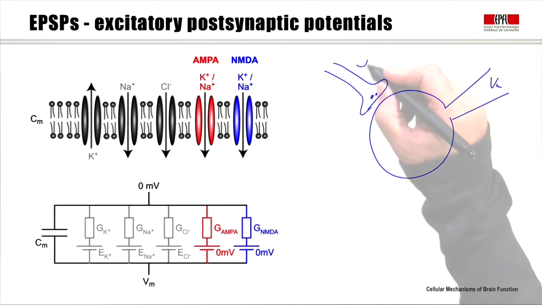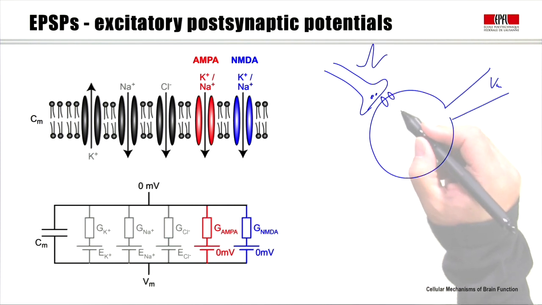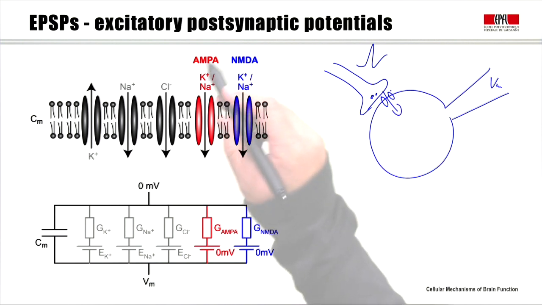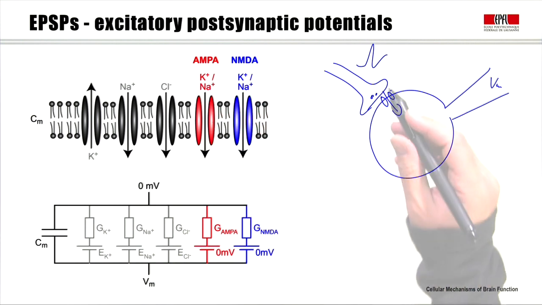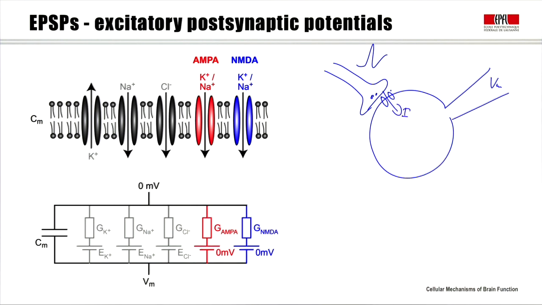The action potential comes down, the axon releases glutamate, and of course it activates the ion channels sitting here, the glutamate receptors, the AMPA and the NMDA receptors, and that of course causes current flow through the AMPA and NMDA receptors. And we've already considered the relationship between current flow and membrane potential in our electrical equivalent circuits, where we found